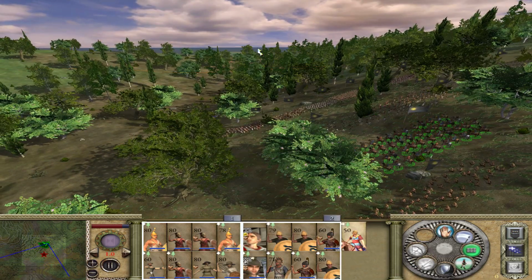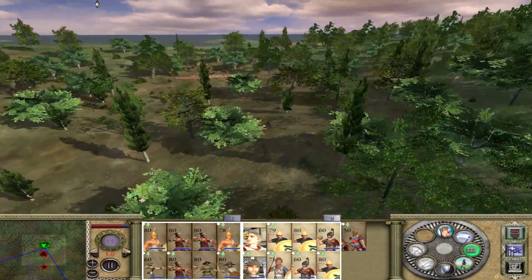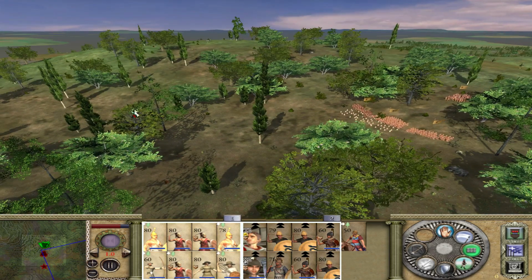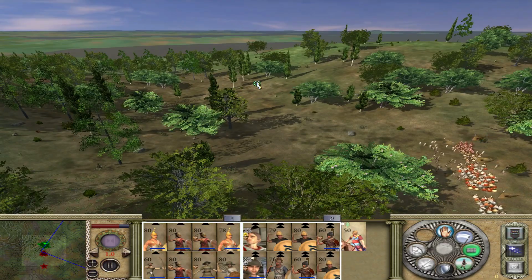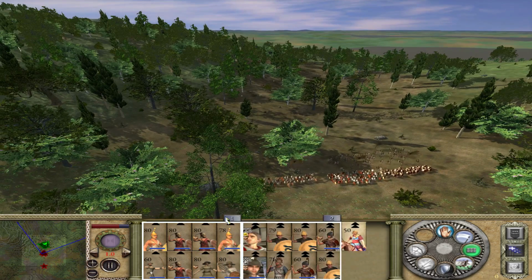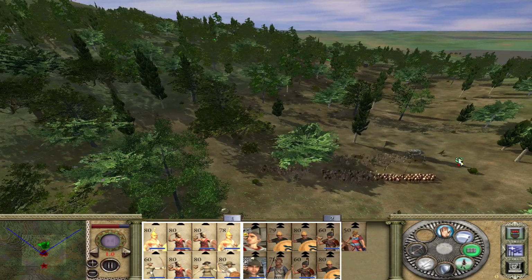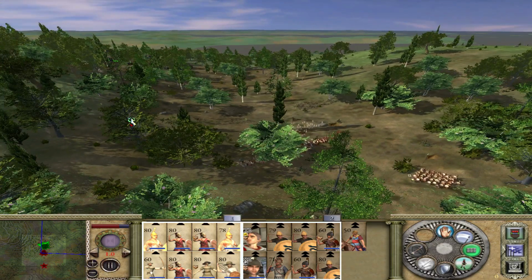Again, no wedge formation. I haven't actually seen wedge formation in Europa Barbarorum. Oh, that's nice. But I disagree with it as well. What I'm saying is that even though I am the aggressor, the enemy is still coming towards me to kill me. But I dislike this as well because then I could just